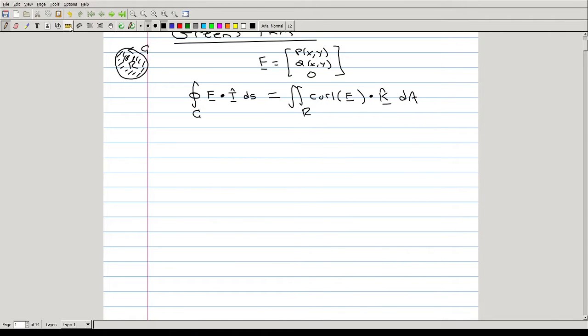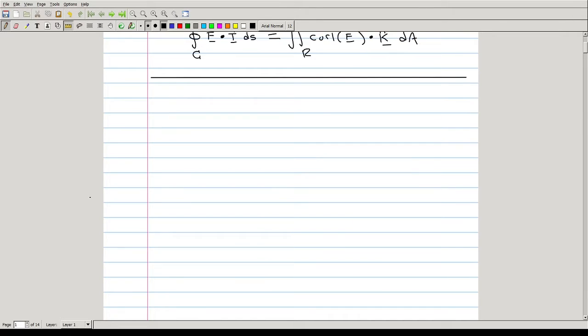And a natural question is, can we directly extend this idea? And this is something that we can definitely do, and what we'll do is we'll draw a diagram, kind of a picture, to see how we're going to go about extending this idea. This is Stokes' original construction. So let's consider that we have some curve in three-dimensional space that's oriented in the counterclockwise direction, or oriented in some specific direction,